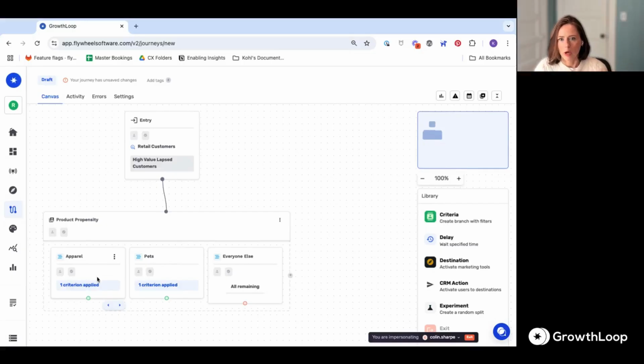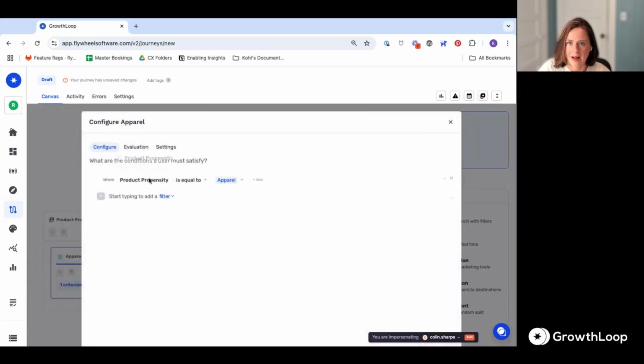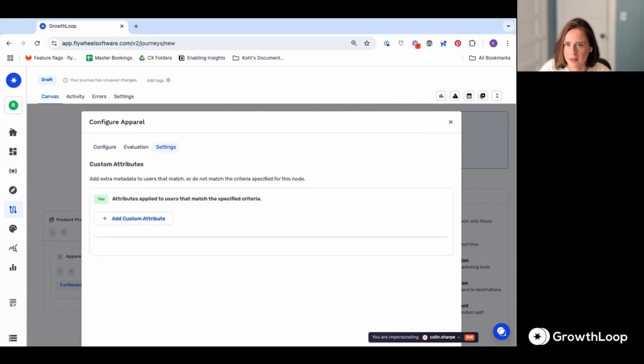So one thing I also want to note about criteria nodes is, yes, we applied that differentiating criteria. We also have a concept of what we call custom attributes, which are attributes that I want to specifically assign to the folks in these different groups to, again, just continue to make this journey as relevant, as personalized as possible. So I'm going to hop into settings here on my apparel group,